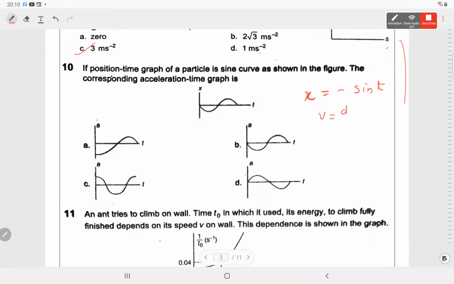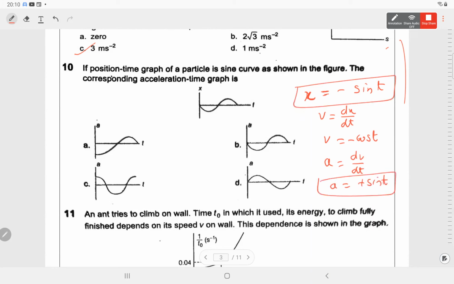Differentiate further, so we get velocity. Sin t on differentiation gives plus cos t. हमें चाहिए acceleration. Acceleration is dv by dt. So cos को differentiate करोगे again आएगा minus and minus minus become plus. So if this is minus sin t, acceleration will be plus sin t. इनमें से plus sin का कौन सा ग्राफ है? D. So we have to use the maths plus we have to use the graph. Both we have to use to draw the relation, to find the relation.